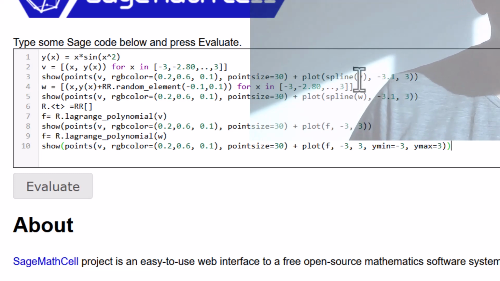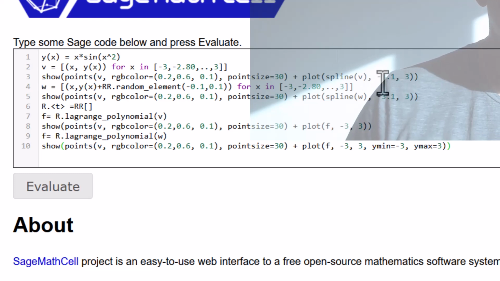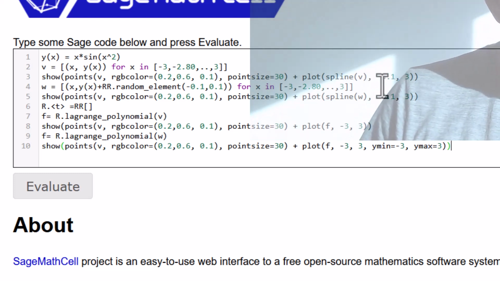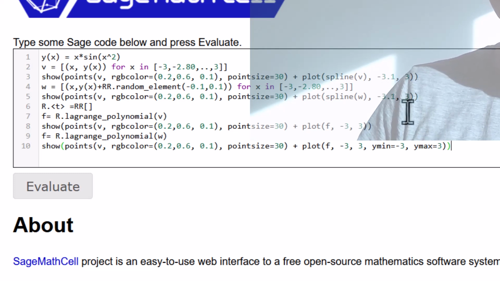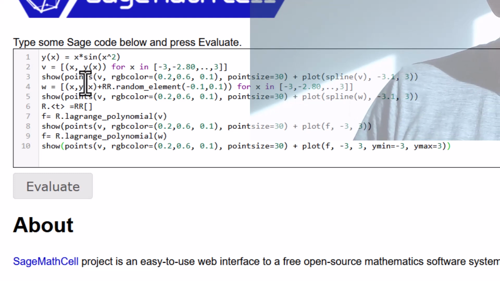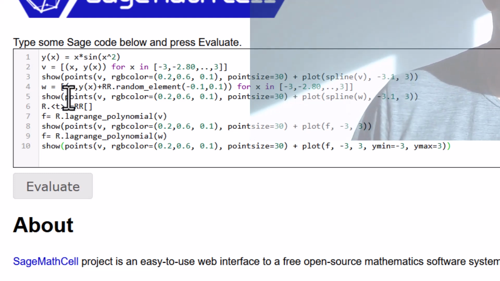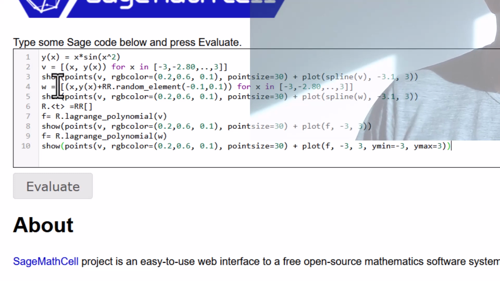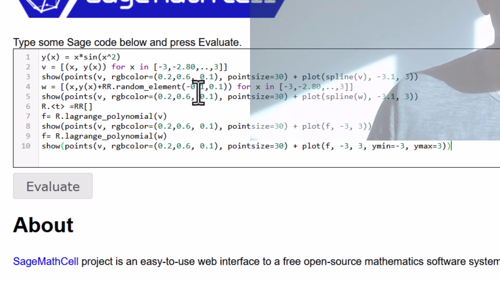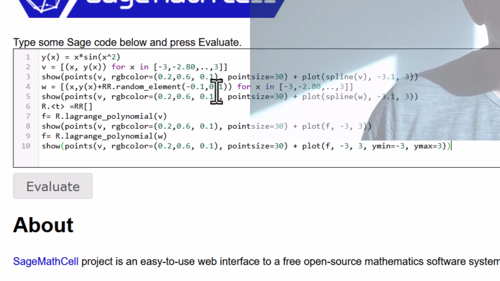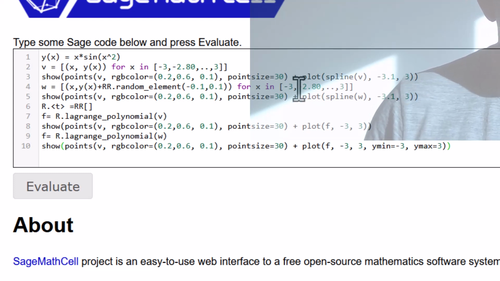So that's the spline going through the data in V, and I go from -3.1 to 3, right? I don't know why I put 0.1 there, but it doesn't matter. And then I create another set of points where I simply hit the function value. So this is something like real measured data, right? And measured data are always hit with some error. So I create random real numbers in the range from -1/10 to +1/10, and again I do the same as before, right? So that's the W,